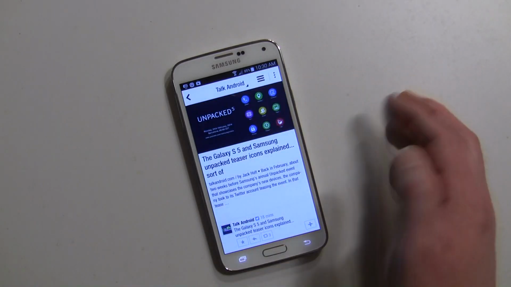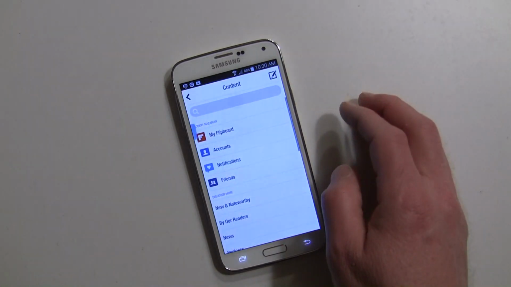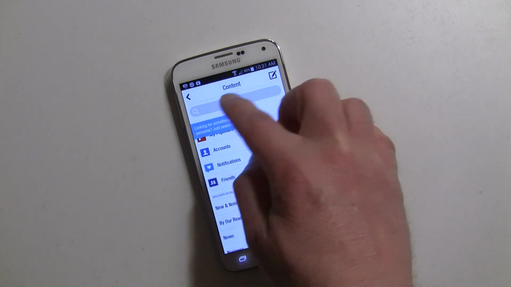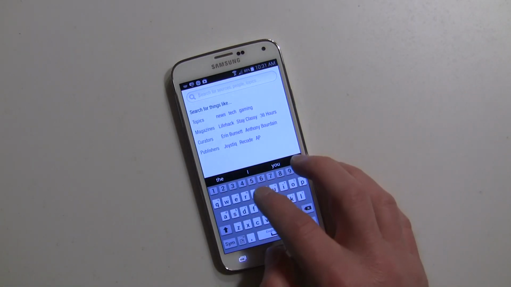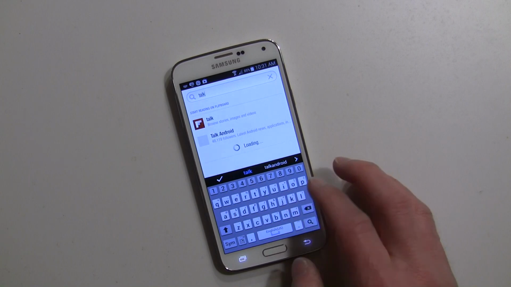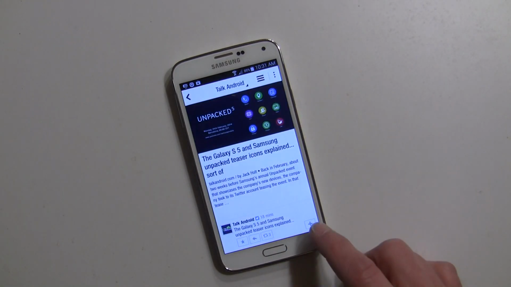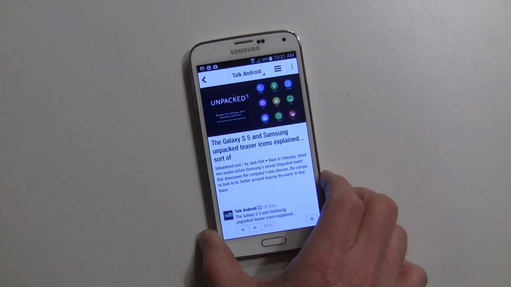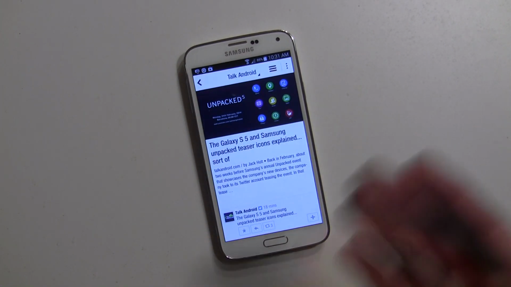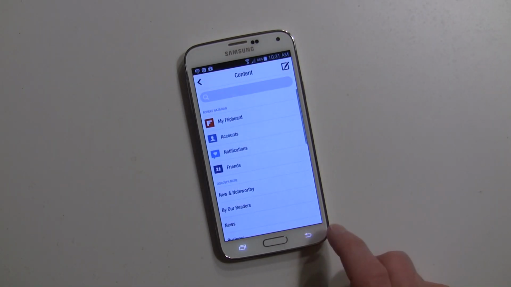So I can look at Talk Android, look at the stories on Talk Android. I can hit the hamburger menu and type in different sites and add them. So if I didn't have Talk Android, I can go ahead and type it. There's Talk Android, and I can tap it, and I get the plus key here, and I can add it to my magazine. You can create different categories in different magazines, but it's all within that. Now, going back to the main My Magazine section,